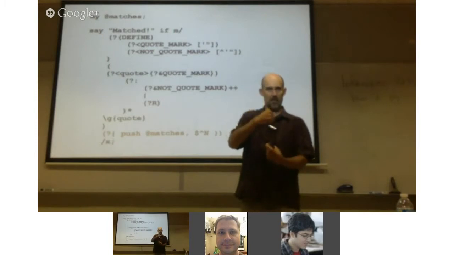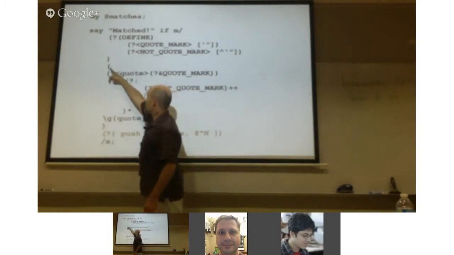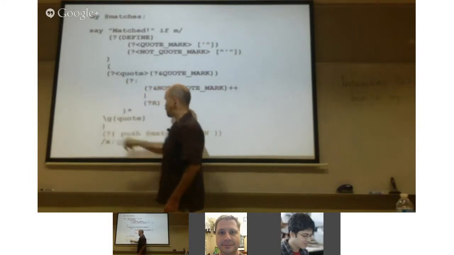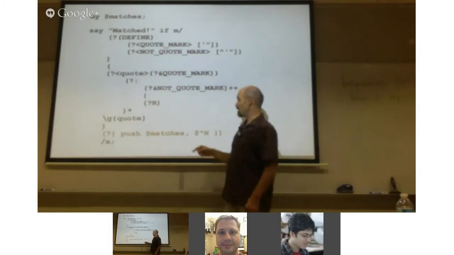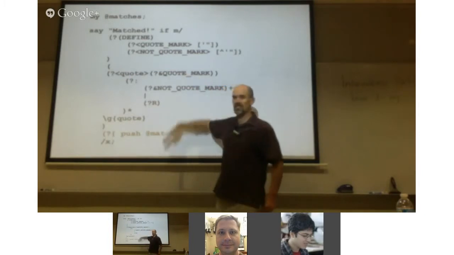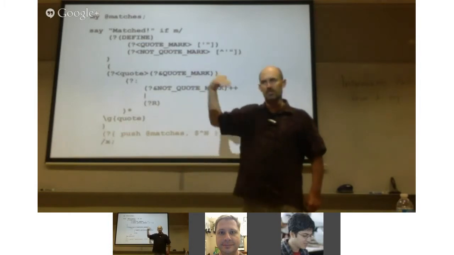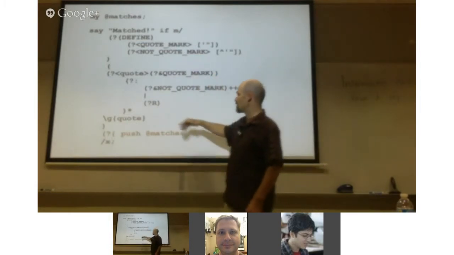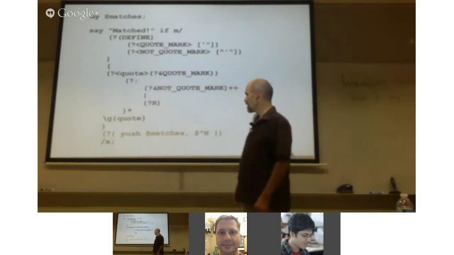The previous capture group, I should say. So look what the previous capture group is. It's this thing. There's the open paren, there's the closed paren. So when I get done with that, the thing I just matched, the quote, is the thing in $^N. I push that onto @matches. Then when I'm done with this entire regex, I can look in @matches, and I can see all the quotes that I matched, because these things are all still disappearing when I run these independent subpatterns.